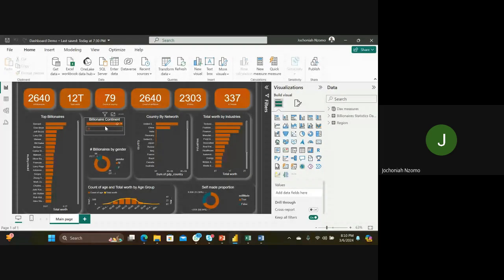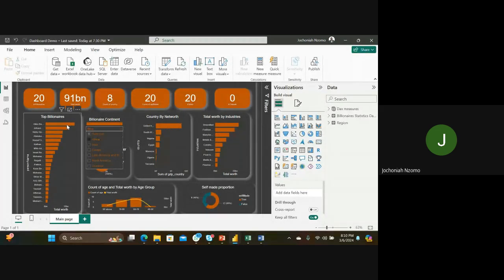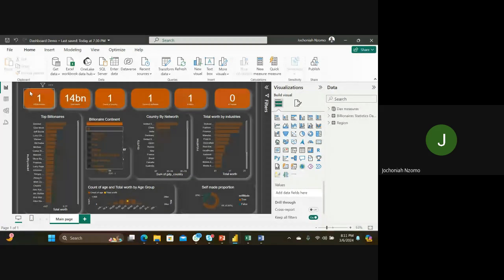I just want to show you some functionality. So if we select Africa, we can see we have Aliko Dangote. There's our top billionaire. Then we can see... We lost you again, Nzomo. So if I click Dangote now, you can see